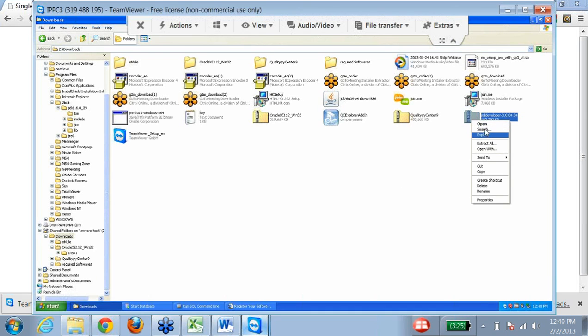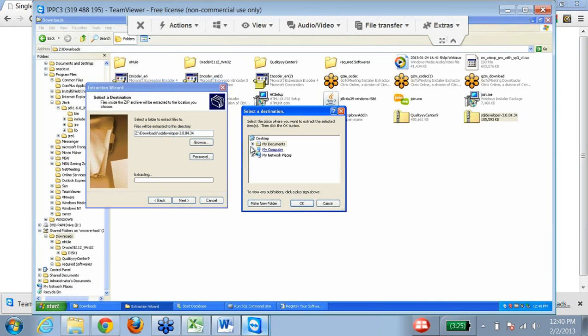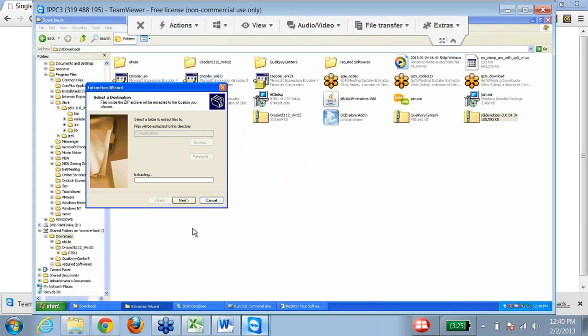I'll right click it and say extract all, and I'll browse to that particular folder, C:\applications.